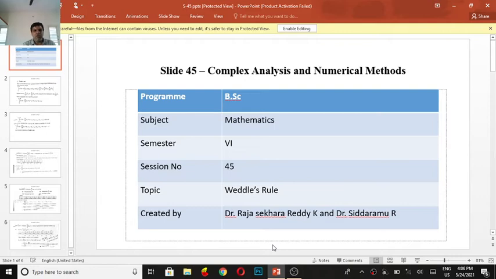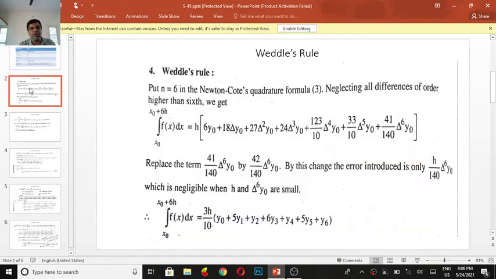Analysis-S45. Now, Weddle's rule. In the previous slide we derived the formula for Weddle's rule using Newton's forward interpolation. Here we derived the formula and will look at a few examples. In the same way as Newton's forward interpolation, if I put n equal to 6 in the Newton's quadrature formula, neglecting all differences of order higher than 6,